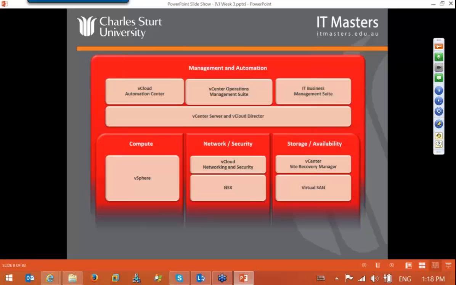For the management and automation, you got the vCloud Automation Center, the vCenter Operations Management Suite, and the IT Business Management Suite. And all of these can be added into vCenter Server and Cloud Director. Underneath this, you got your vSphere, where you use your compute power. Then you have your network and security, where you can build your vCloud, or where you manage your security or networking option with ESXi. Then you have the storage availability, the vCenter Site Recovery Manager, and the Virtual SAN. Alright,